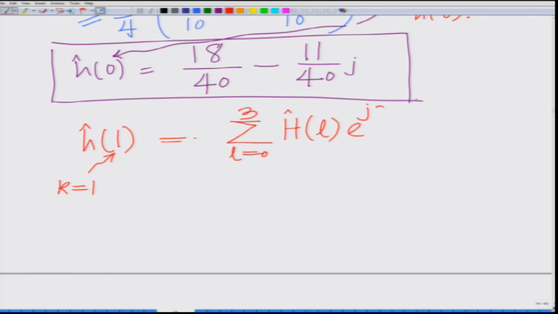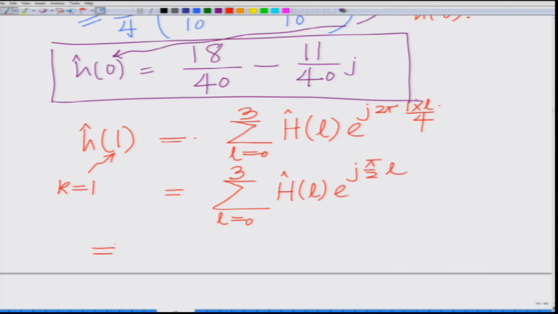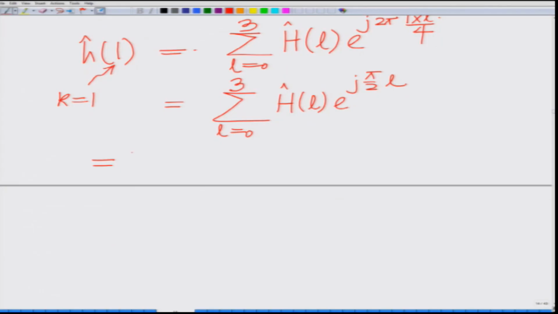So, e raised to j 2 pi, you substitute k equal to 1 times L divided by 4, which is summation L equal to 0 to 3 h hat L e raised to j pi by 2 L, which is equal to, substitute the various quantities, what you have is basically 1 over 4 3 by 2 minus 3 by 2 j times 1 plus half j times j plus, of course, there